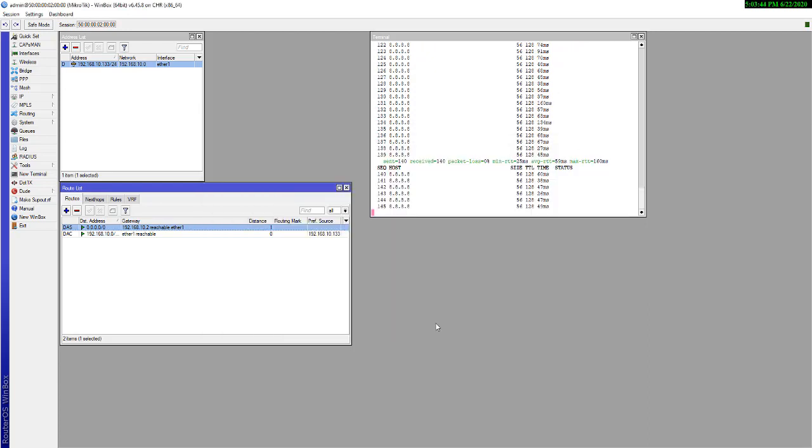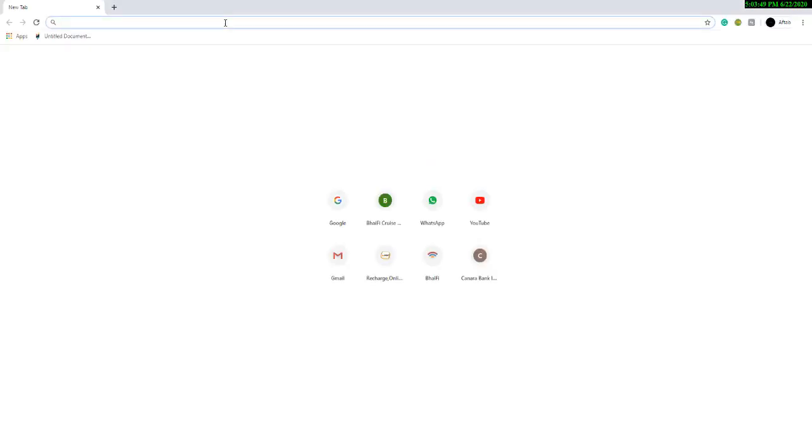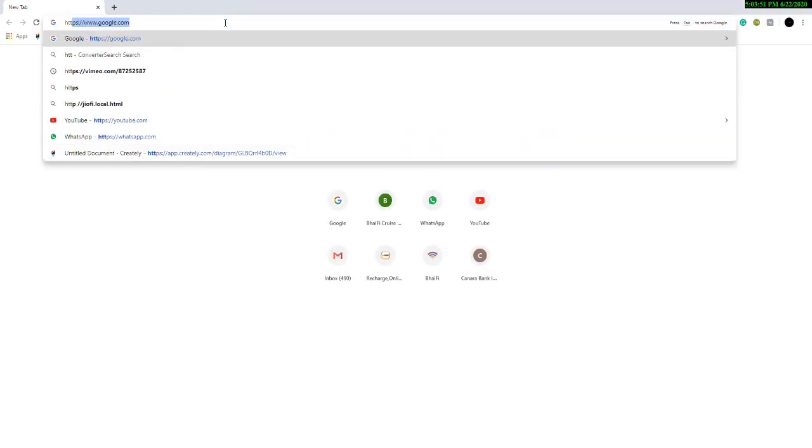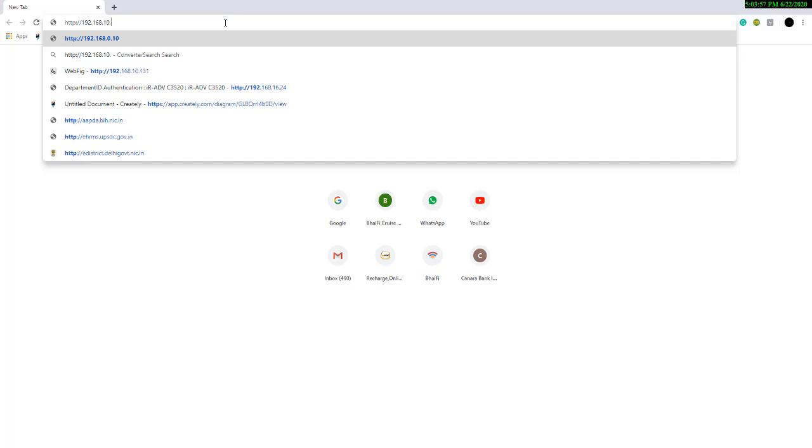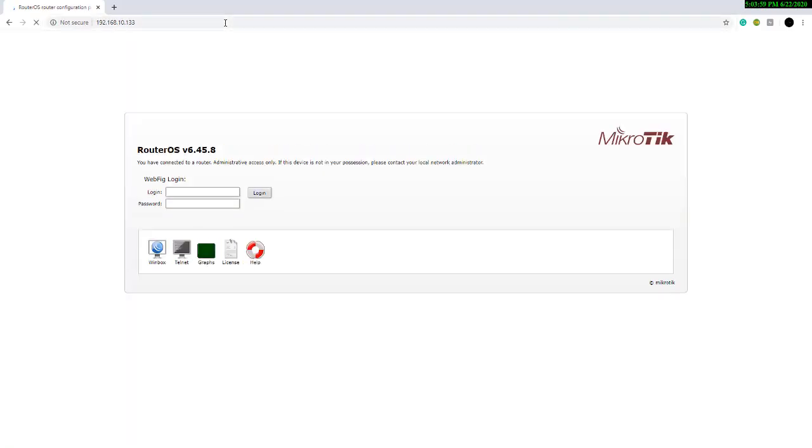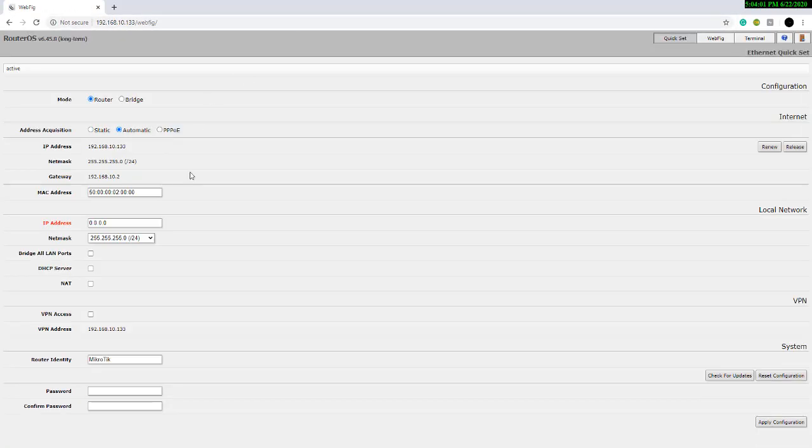If you are able to ping, you can directly search the IP address in your browser. Go into the browser and type https://192.168.10.133 and try to log in. Yes, this is the Winbox. We have already logged in here, so that's why it is directly logged in.